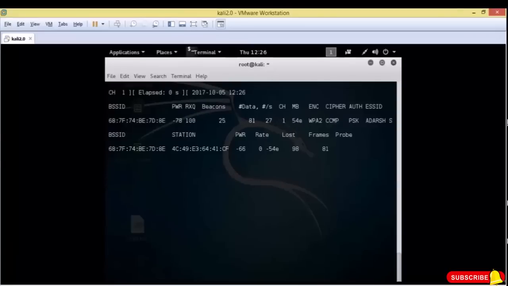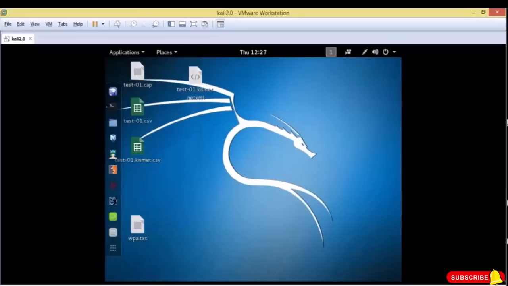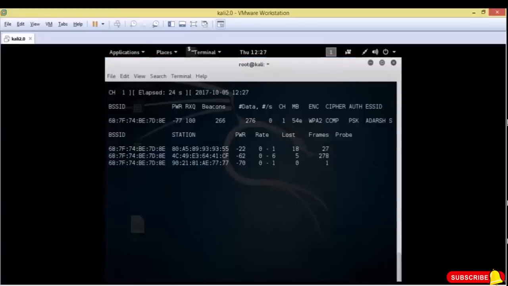Now it's time to send the authentication packets to steal the authentication. But before continuing to our next command, see the files created on your desktop. So these are the files, and in this file, our captured packets have been saved. Now open a terminal and then use our next command, which is